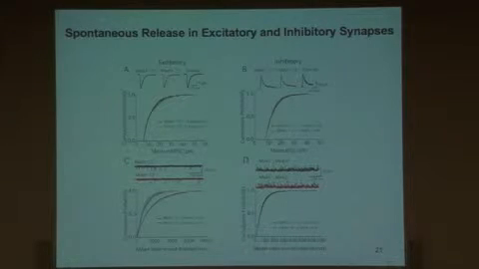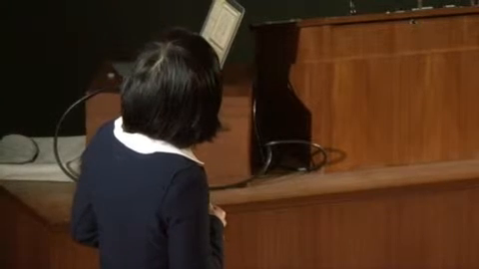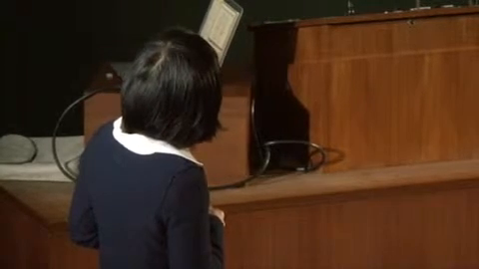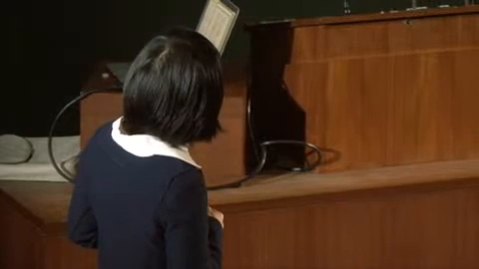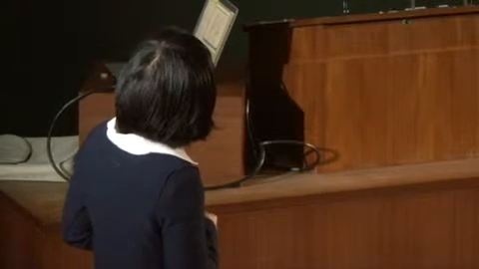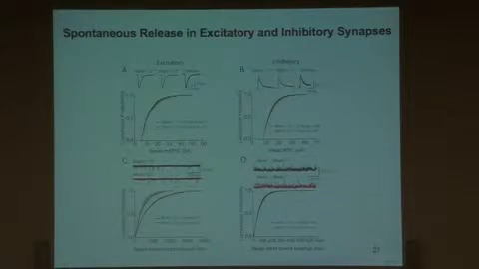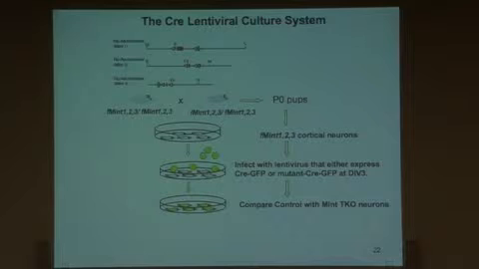They went ahead and looked at spontaneous release in excitatory as well as in inhibitory synapses. They did not find changes in the amplitude in both these synapses. However, there was a significant change in the frequency in excitatory synapses, such that in the MINT1 and 2 double knockout there was a significant decrease in spontaneous events in excitatory neurons, and we did not find changes in the inhibitory cells, which further suggests that it's most likely a presynaptic event that is occurring in the MINT1 and 2 double knockout